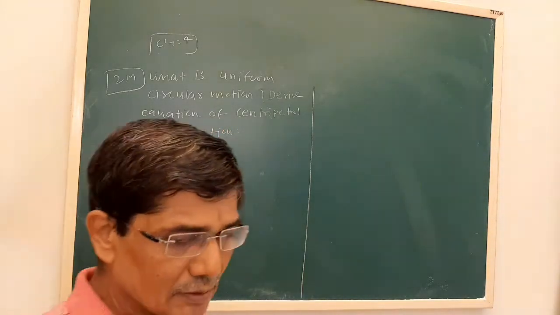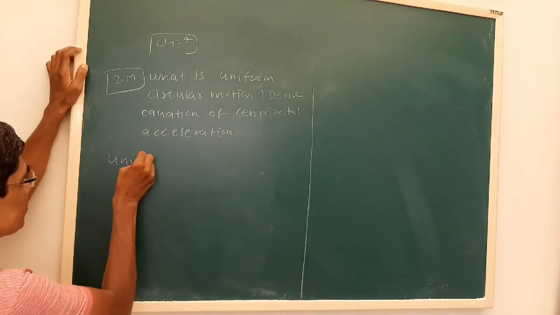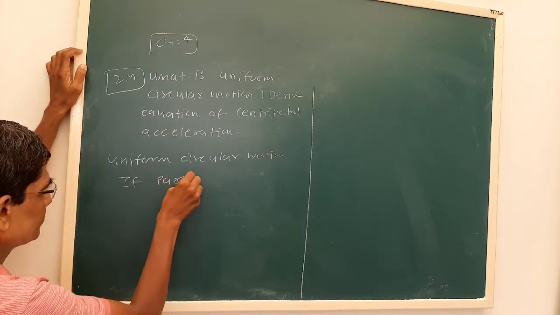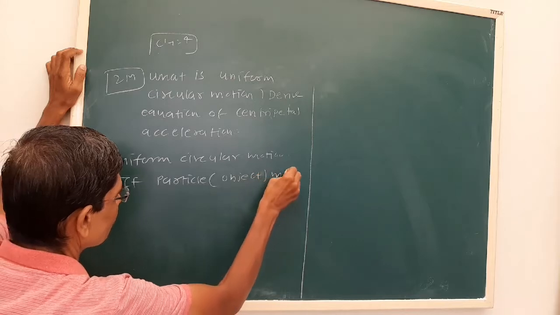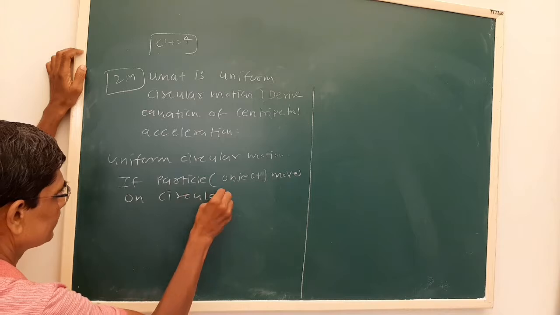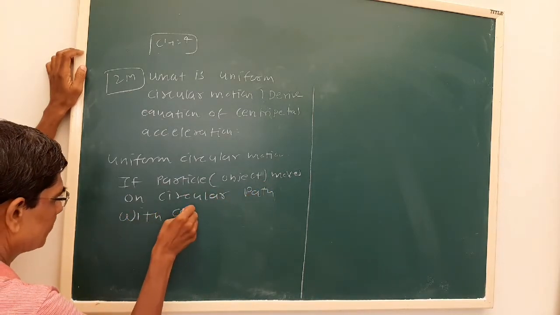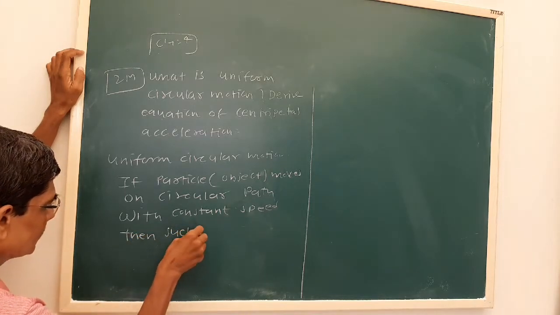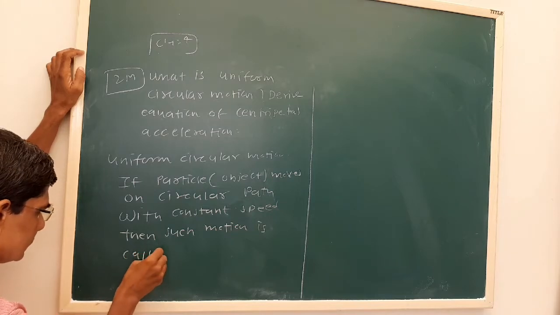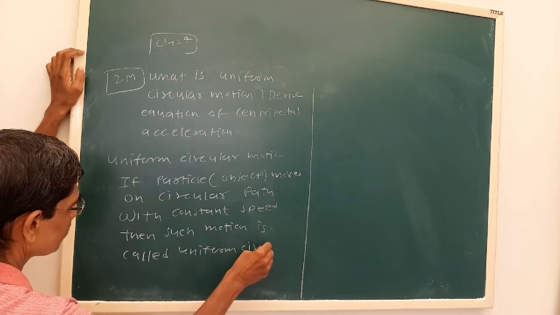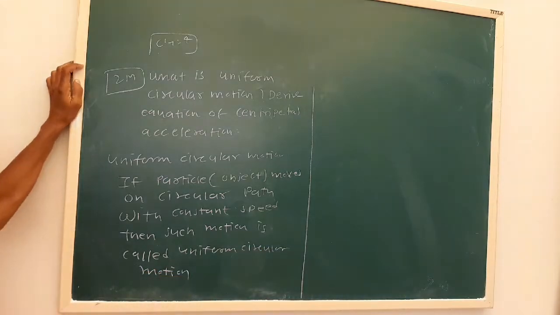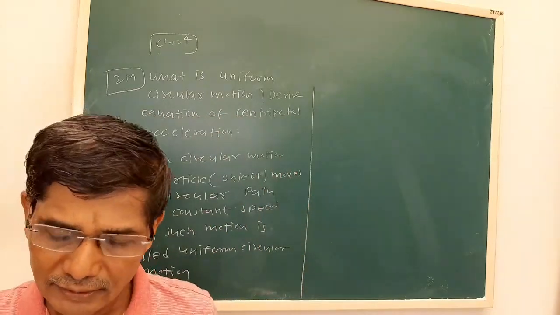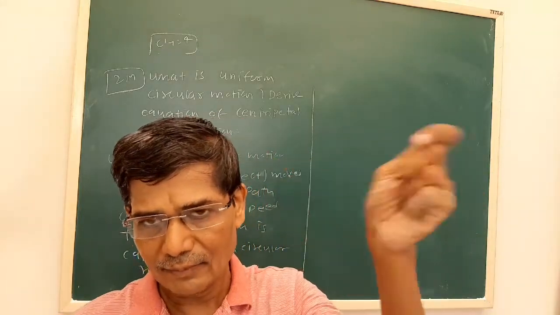Now see, uniform circular motion. When a particle or object moves on a circular path with constant speed, such motion is called uniform circular motion. See, when you were small, you tied a stone to a string and whirled it around with your friends, that is